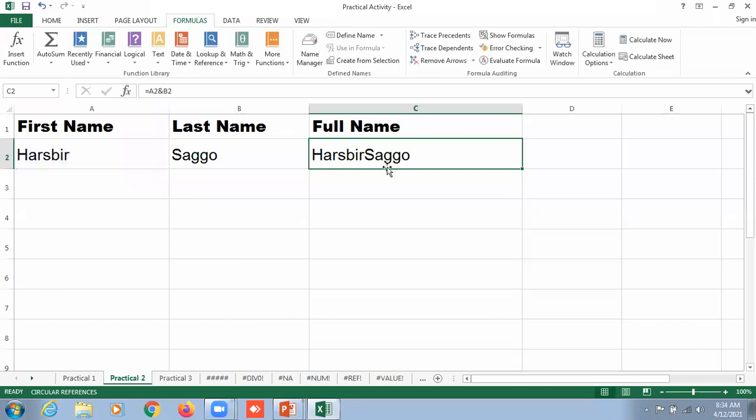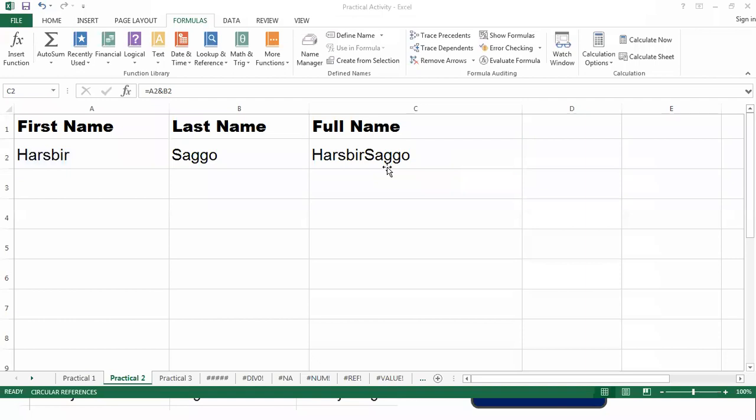But यहाँ पे ना एक प्रॉब्लम है, कोई मुझे डिस्कस करेगा? कोई मुझे बताएगा हर्षबीर सगू के बीच में कुछ आना चाहिए था पर नहीं आया, वो क्या चीज थी? जल्दी से चैट बॉक्स में, I am waiting for your responses. अरे वाह, अकाल से मर मेरा बेटा, very good. There is a space, वहां पे लिखा है नो स्पेस. Sir, kindly tell me how we are going to insert the space.